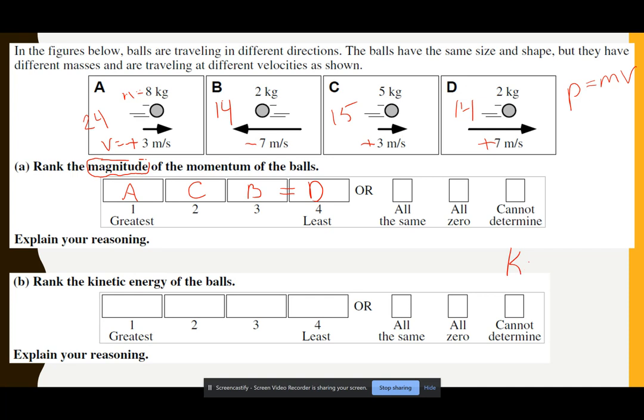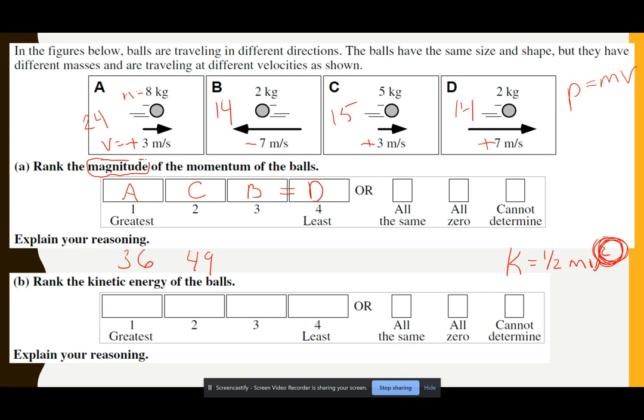If you remember, your kinetic energy equation is 1/2 mv squared. So again, we have a mass and velocity, so you're literally just plugging in 1/2 times 8 times 3 squared. Do not forget about that squared. Remember, we tend to forget that. So don't forget about the squared. So A is 36. So 1/2 times 2 times 7 squared,